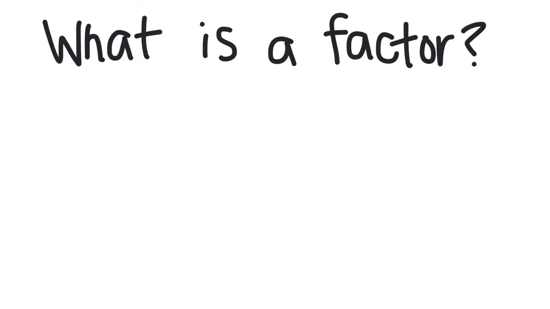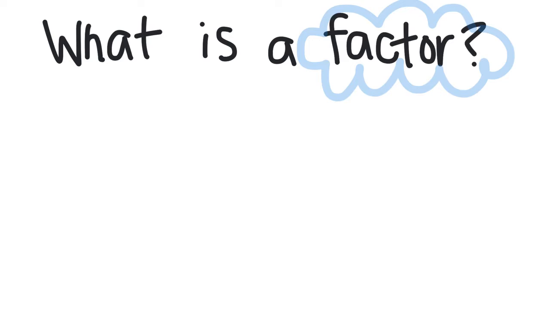And the very first thing that we need to understand in order to master division is something called a factor. So what is a factor? Well, let's actually go back to multiplication for a second. So let's say we have this multiplication problem. Let's use a darker color though. Okay, 6